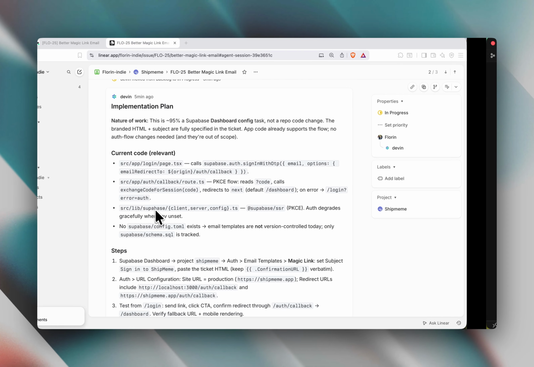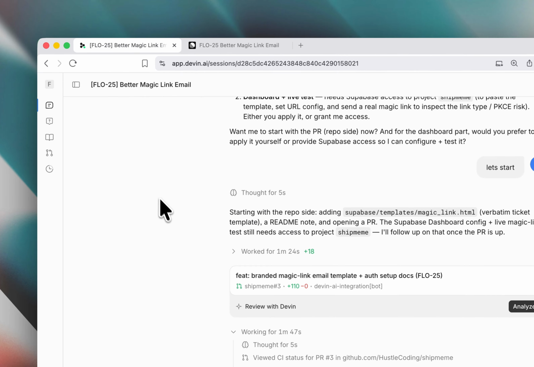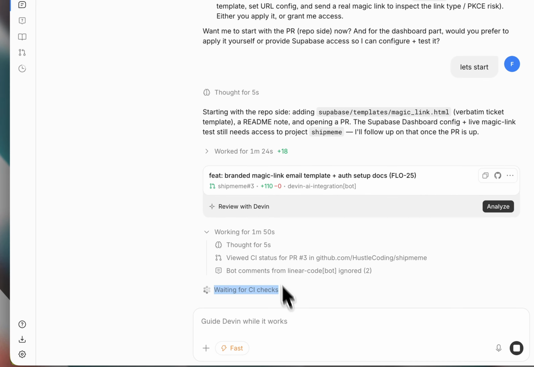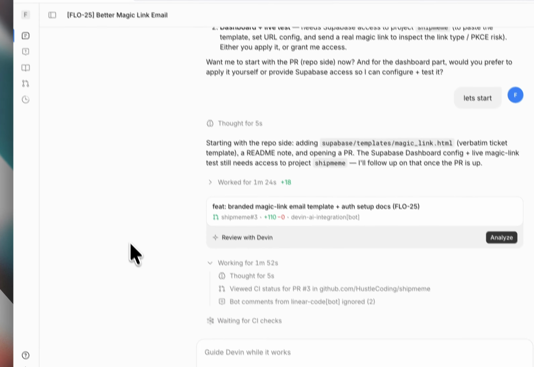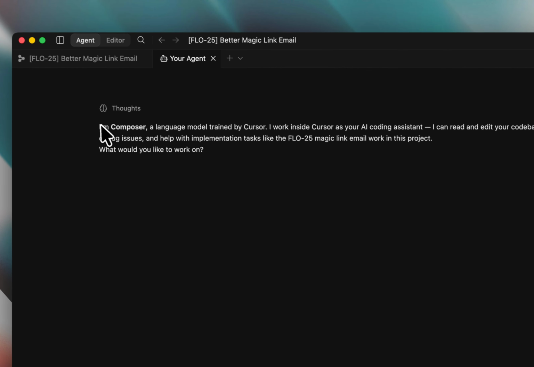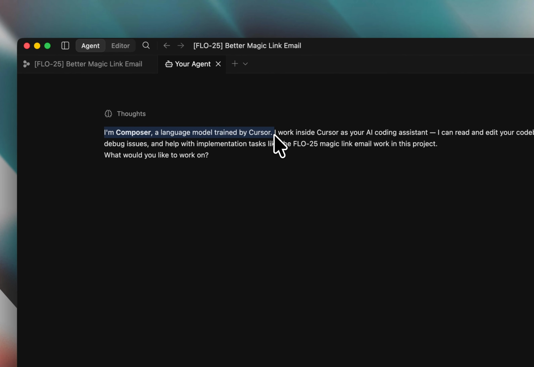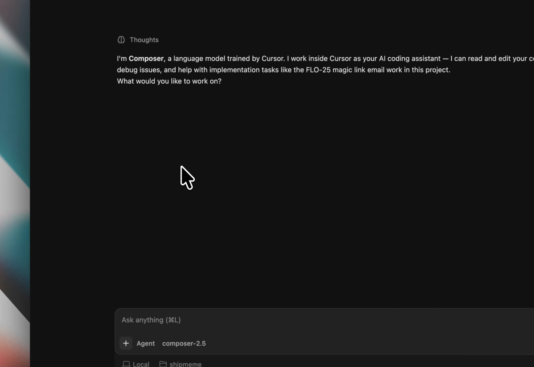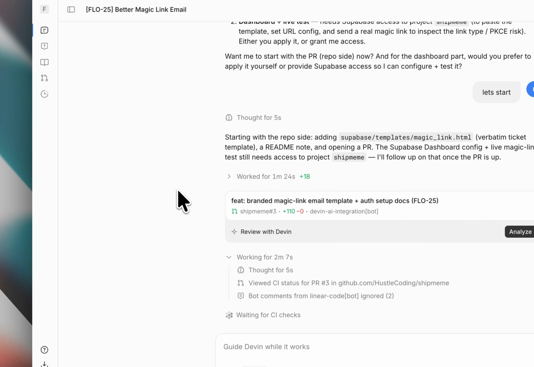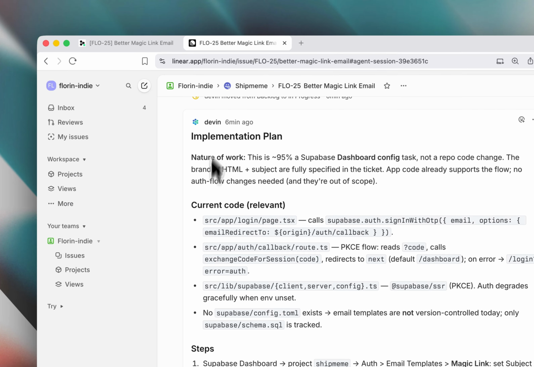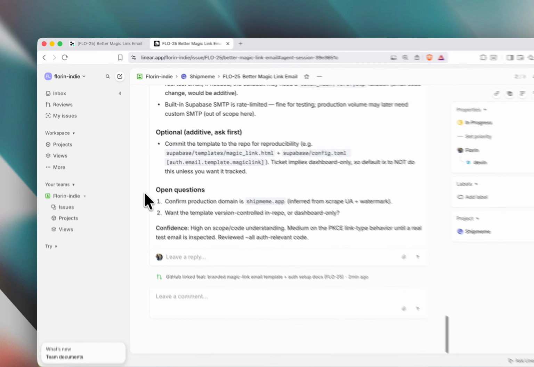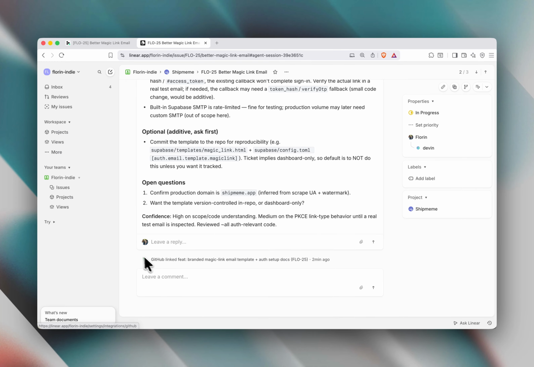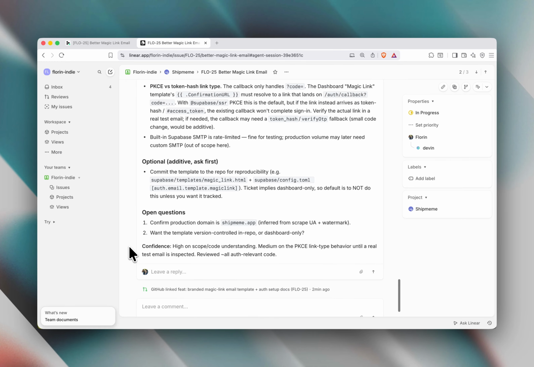let me see the Devin here waiting for CI checks. Awesome, so it's doing the work. Yeah, I am Composer, a language model trained by Cursor. I work inside Cursor. Right now you work inside Devin Desktop, so something is wrong there. Anyway, yeah, so here is Devin still working, and also the nice part here is that everything is linked to